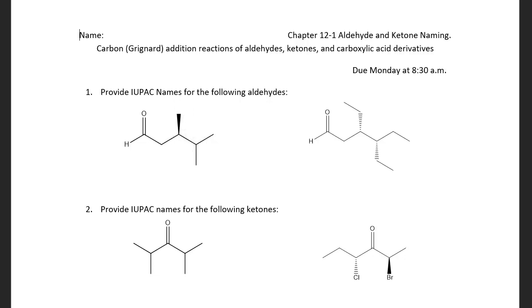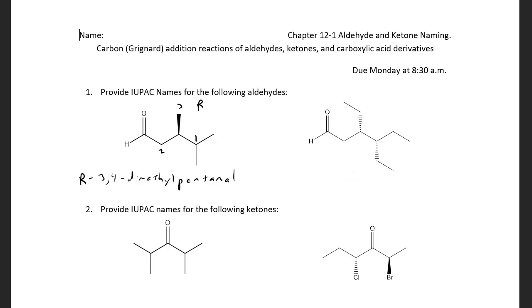So for the ranking, this is going to rank first, that one's second, that one's third. So it looks like we have a clockwise rotation, or an R stereocenter. All right, so this is R. We only have one stereocenter, so we're going to specify the carbon. At carbon number 3 and 4, we have methyl, so R, and then 3,4-dimethyl, and pentane, but take off the E and add Al to specify the aldehyde functional group at the 1 position